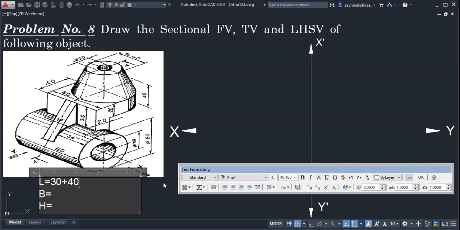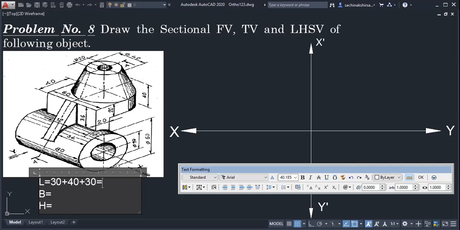हाऊ मच इट इज देअर बिहाइंड दॅट? How much it is there behind also? Semicircle that radius we have to add. This 60 dimension, are you observing 60? My cursor is there, 60. So that semicircle radius will be how much? Here there will be a semicircle, no? Its diameter is 60. So radius of that semicircle will be how much? 30. Yes, sir. It will be 30.